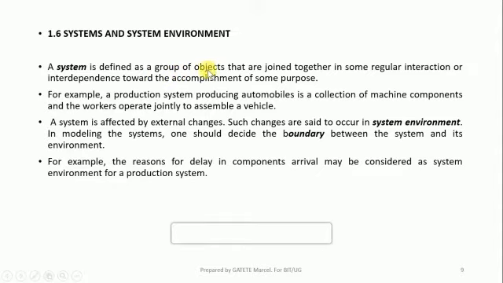We can also say the University of Gitwe is a system. It is composed of buildings and people. And in the system, we have different kinds of people. We can have the DVC, the DAF, staff, people in the finance office, others, HODs, like that.